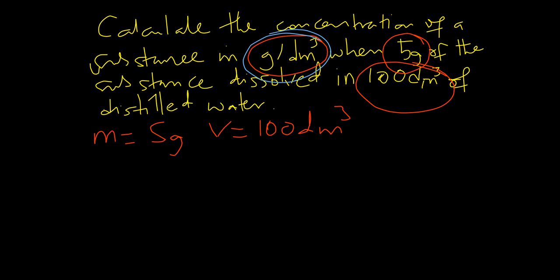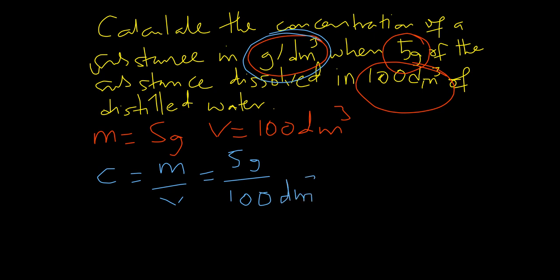So mass concentration is still concentration. And what is it? It equals the mass divided by the volume. We've been given the mass, so that's 5 grams. The volume has been given to us, but we need to be very careful with the volume. Is it in dm cube or in liters? It is in dm cube, so we are lucky. We can use it just the way it is. So divided by the volume of 100 dm cube. You don't need to do anything to this volume. So 5 divided by 100 dm cube